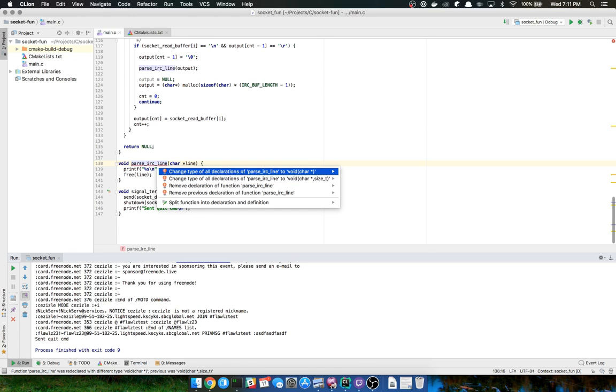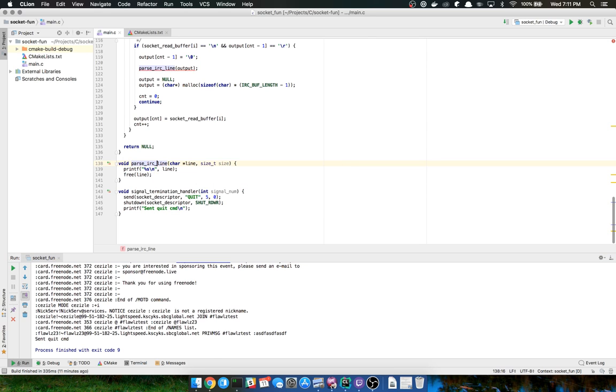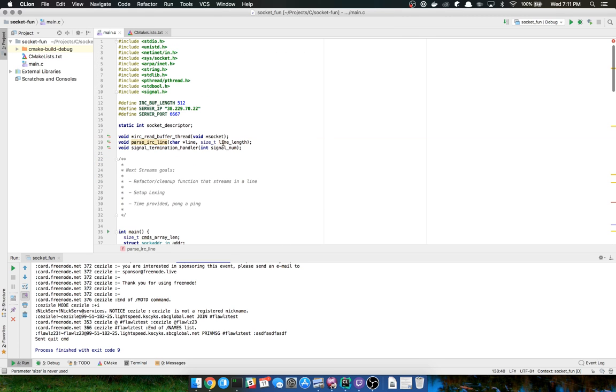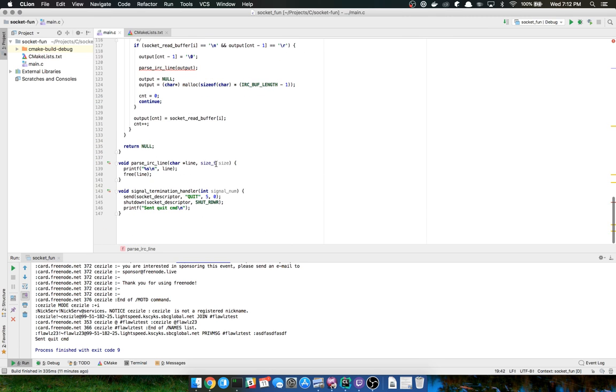I can change the type of all declarations, or do some other refactorings, but really what I want is to change it to that, so push Enter, done. I don't know about calling it size, though. It should be line length. I guess it didn't really pick that up, so we'll just go ahead and fix that there.